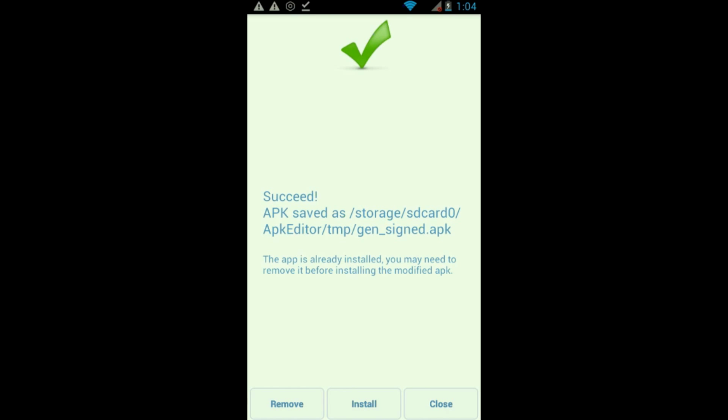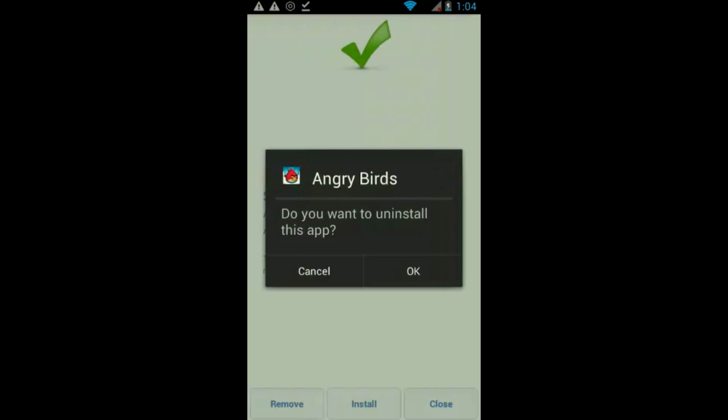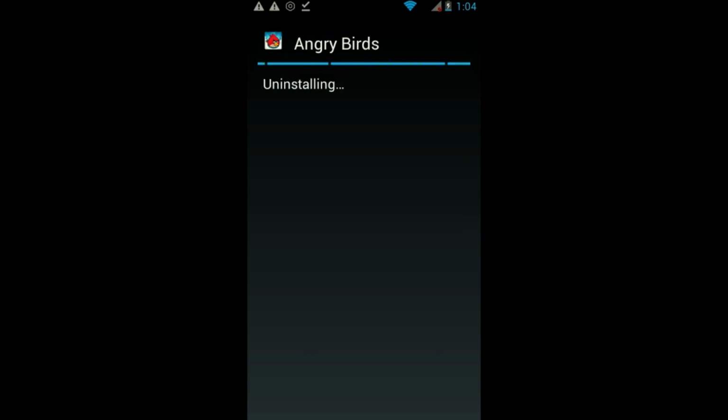Okay, so it says the app is already installed. You may need to remove it before installing the modified APK, in which case you have to, so press remove, and this means you will lose all your high scores on your Android. Sorry about that. That's the only way you can really do this. So I suggest before playing, you should probably install all your custom levels. So now it's going to uninstall the app.